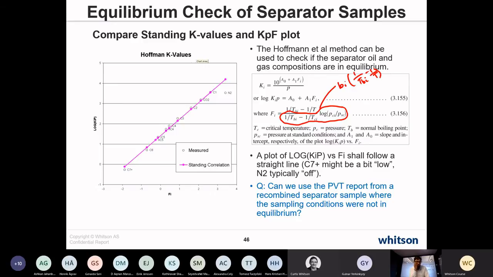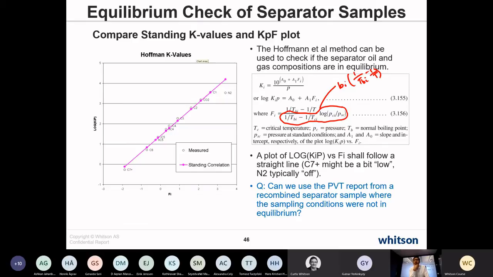I can just mention briefly one case study that we did. We were developing a basin-wide equation of state model for one of the basins in North America, Eagle Ford, very well known. We had about 60 samples, and in unconventional plays usually all the samples are separator samples. When we did this Hoffman QC, we found that only 5% of the samples